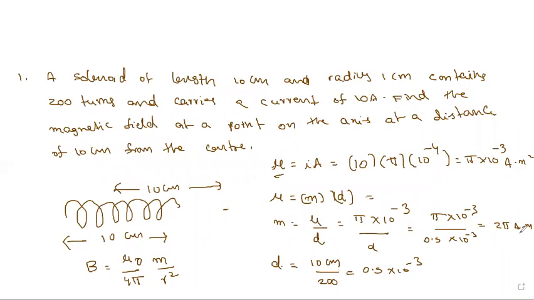Okay, now in this particular case, we have to calculate the magnetic field intensity at this point, which is at 10 centimeters from the solenoid. Now, let me consider, in place of this, if we draw a bar magnet, and let me consider this is the north and south pole, and the length is given 10 centimeters, and from the center to this point, it is also given 10 centimeters.